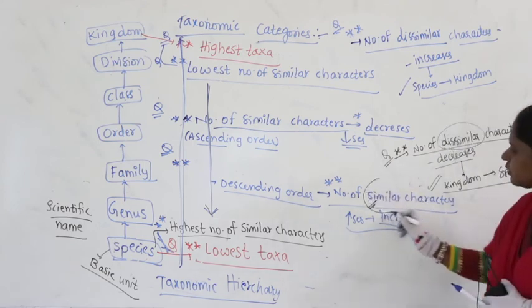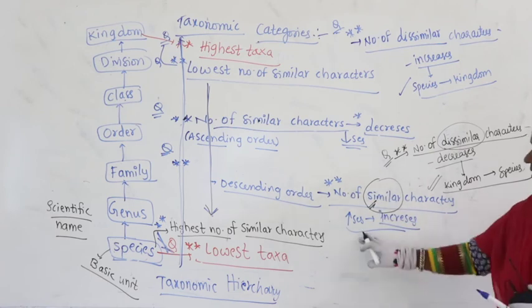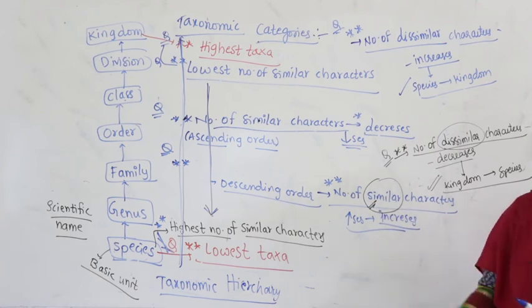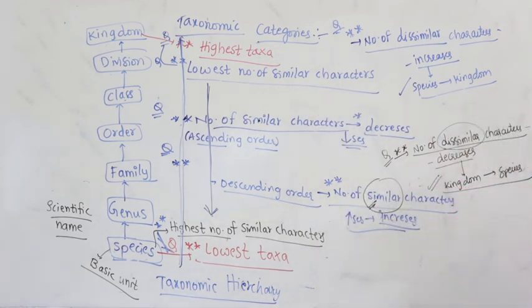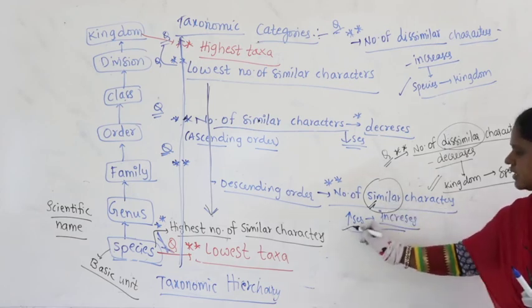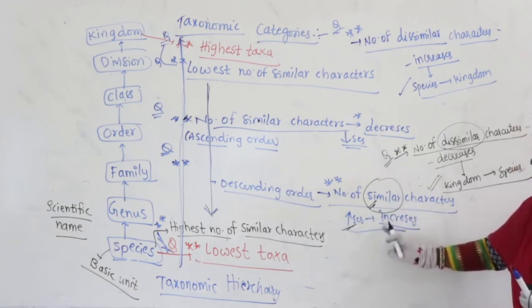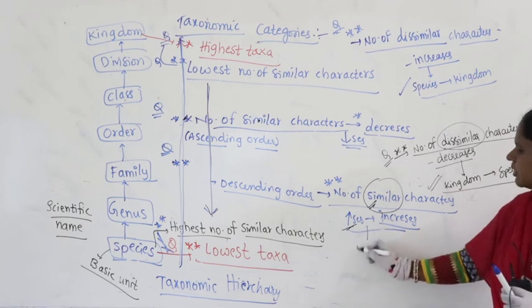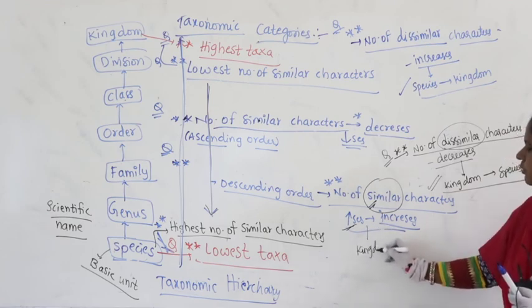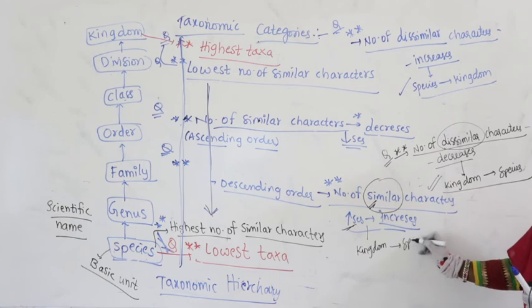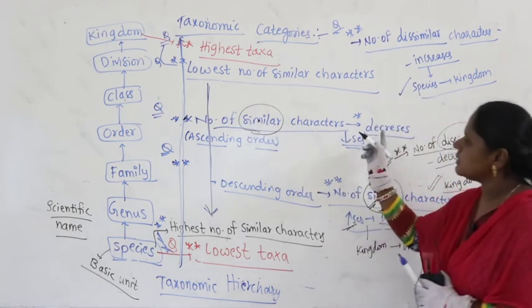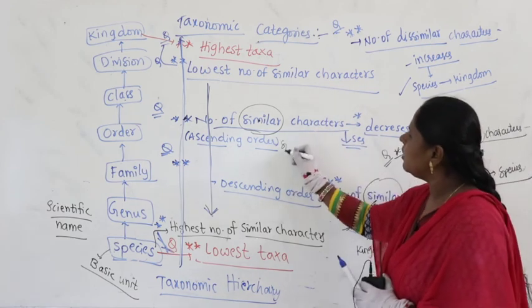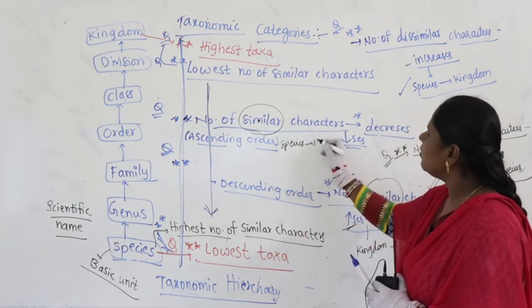But based upon the question, you are not supposed to get confused about whether it increases or decreases. You are not supposed to get confused whether we are moving from species to kingdom or from kingdom to species. So, when you say the number of similar characters increases, what is the answer here? Descending order. Descending order means from where to where? Kingdom to species, right? Similarly, number of similar characters decreases means this is ascending order, and the movement is